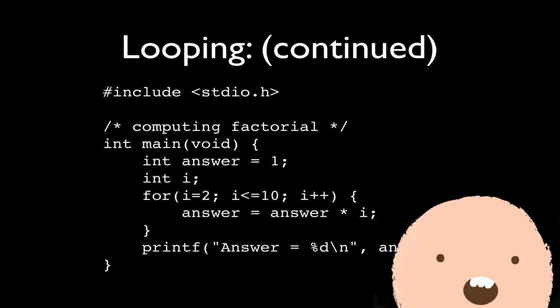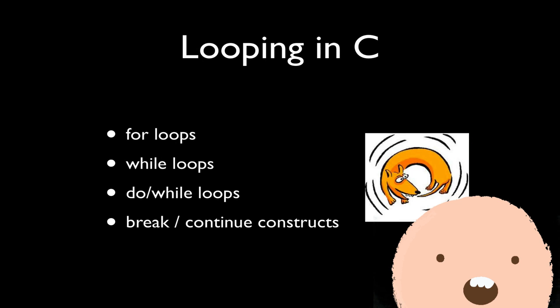And inside the body of the loop, I have answer equal answer times I. So this statement is going to repeat itself as many times as that loop iterates, and then finally it prints out the answer. So here's a